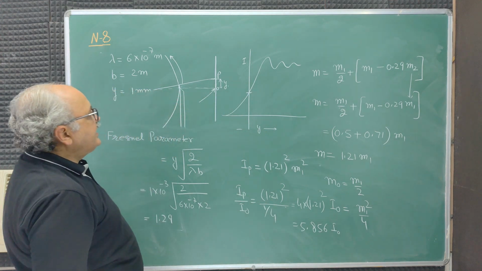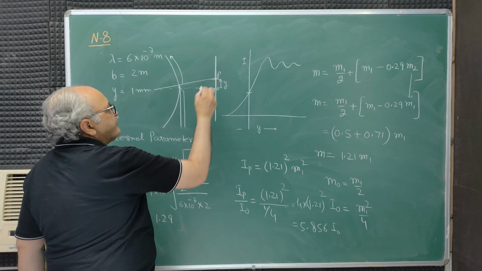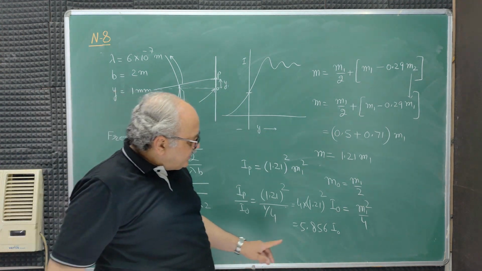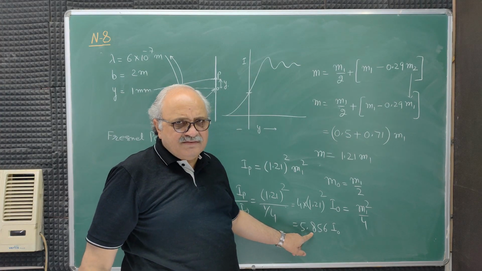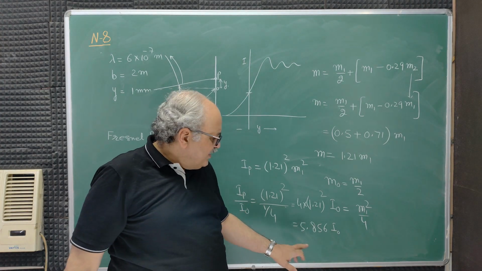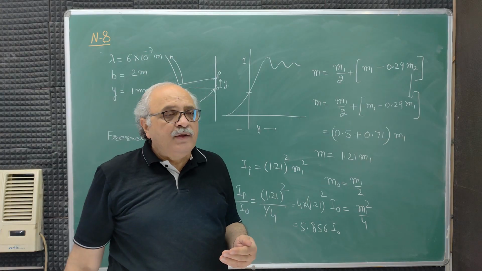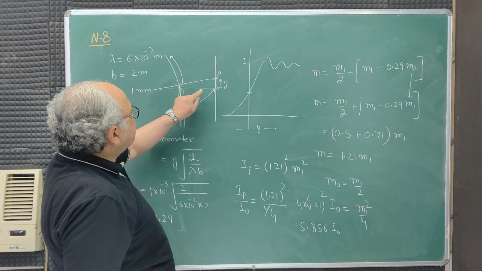So we can say at this point of interest, the intensity will be 5.8 or 5.9, you may say, 5.9 times nearly more than the intensity at the point